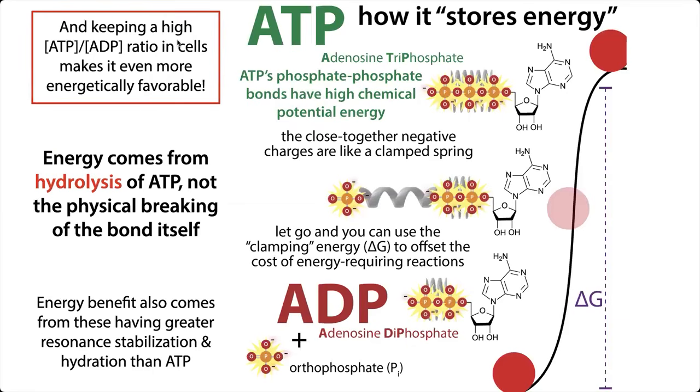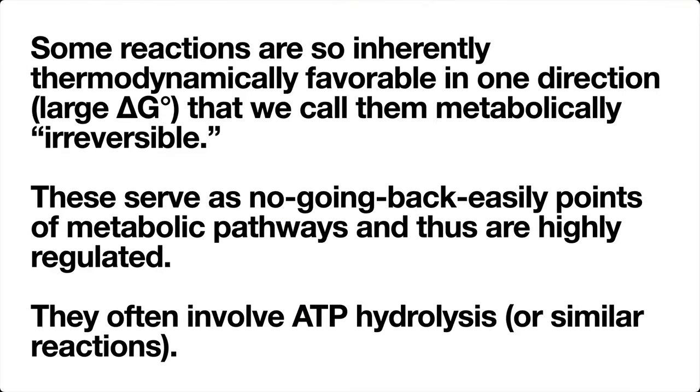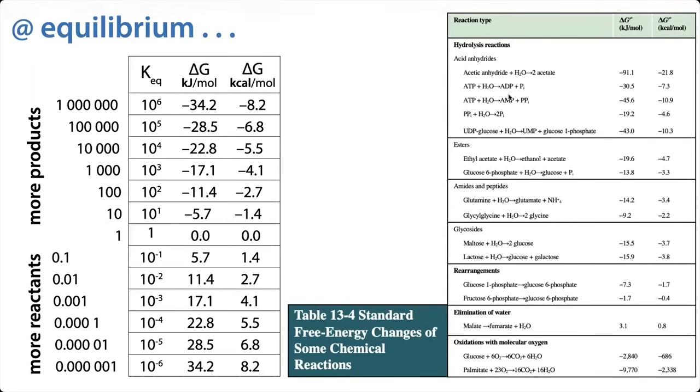And so we'll see how even ATP hydrolysis, which is very, very thermodynamically favorable inherently, becomes more thermodynamically favorable if we increase the concentration of our reactants. Because if we were to let things go to equilibrium, what would happen is that we would just hydrolyze all of that ATP. If we look at a table, we can see that our standard free energy change is about minus 7.3 kilocalories per mole for ATP hydrolysis.